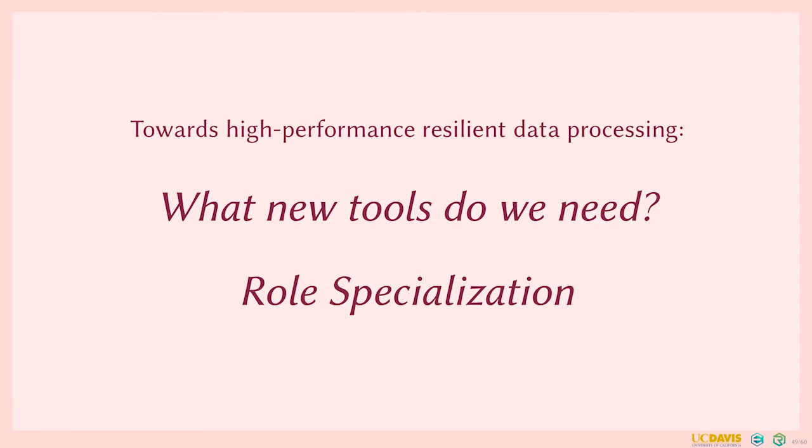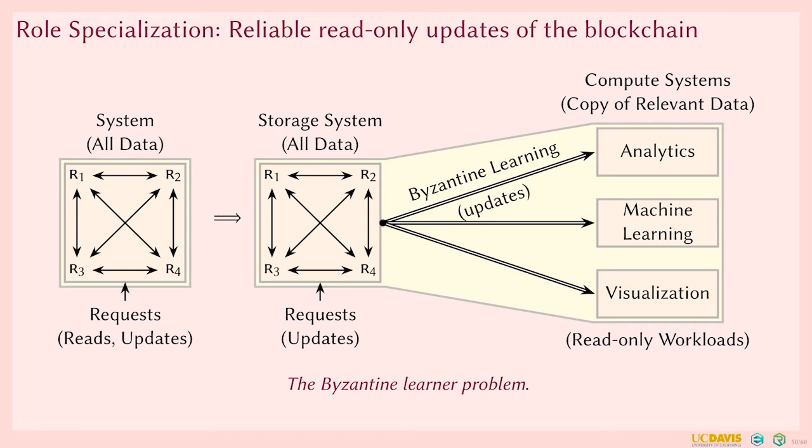The second new tool that we need to really enable high-performance resilient data processing is role specialization. And for role specialization, we already showed that we need a way for a blockchain to communicate all the decisions that it makes to read-only independent systems that process these updates. And we formalize this problem into the Byzantine learner problem,